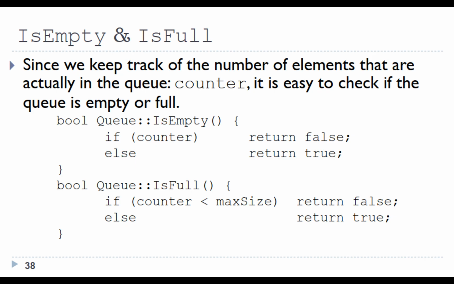Is empty and is full. Since we keep track of the number of elements that are actually in the queue, the counter, it is easy to check if the queue is empty or full. bool Queue::isEmpty() { if (counter) return false; else return true; } bool Queue::isFull() { if (counter < maxSize) return false; else return true; }